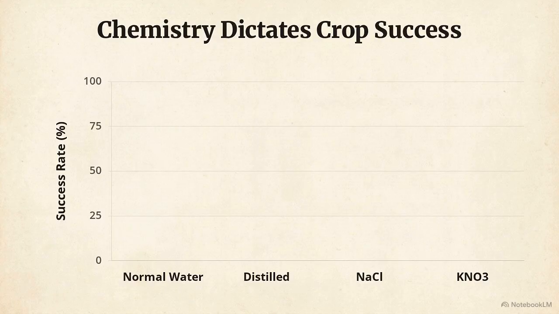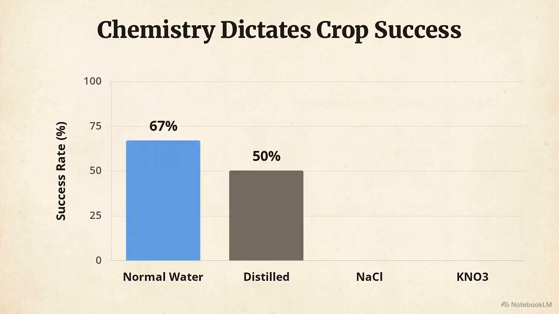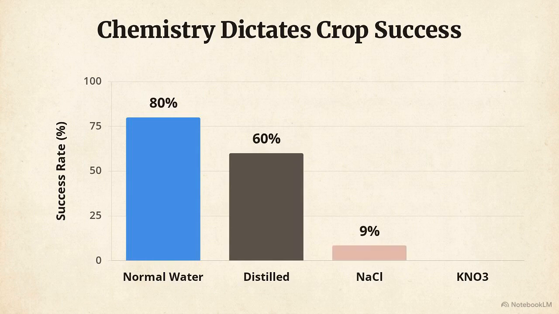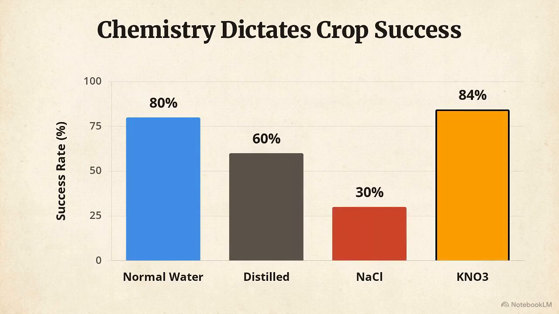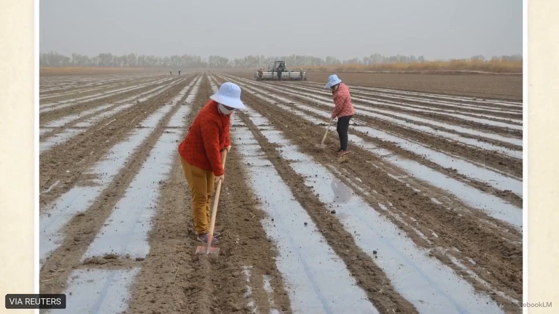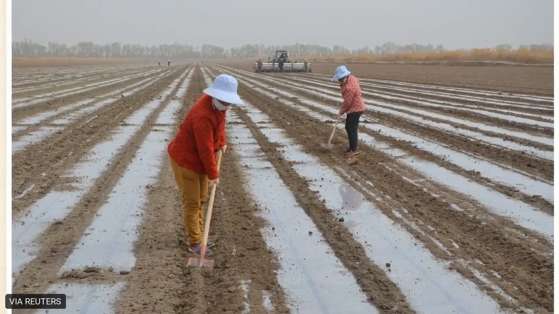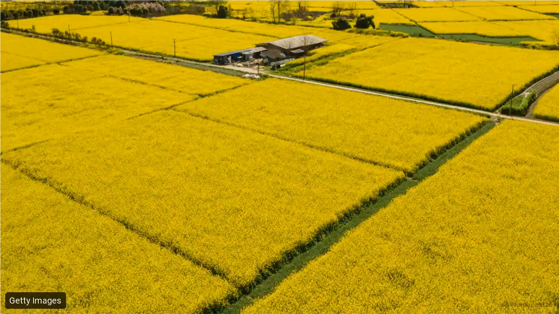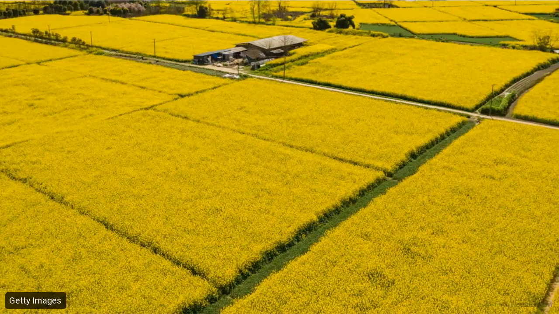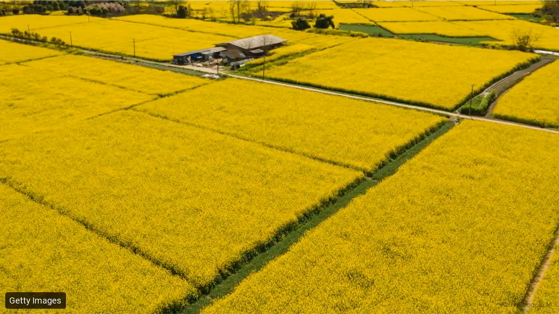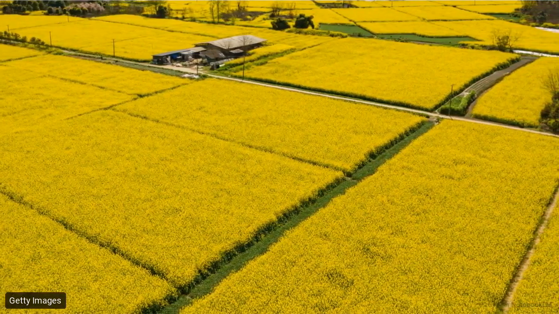This chart shows how the chemical makeup of the water definitively dictates the success rate of the crop. The difference between a failed harvest and a thriving field often comes down to these microscopic parts per million. This technology allows farmers to produce food in saline regions where traditional crops fail. Mastering this chemical balance has enabled the cultivation of 6 million hectares of canola in saline soil, producing 13 million